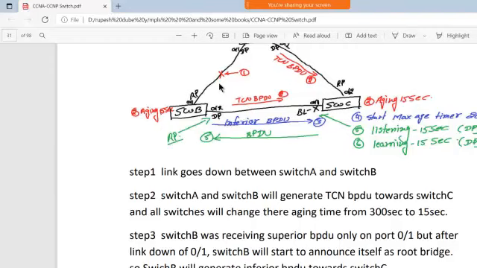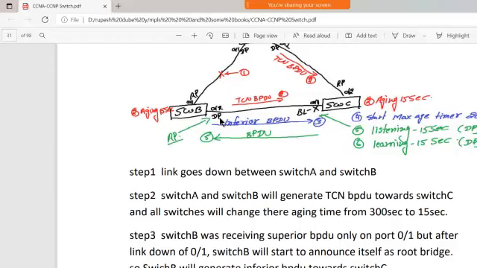Now switch B will start to announce itself as the root bridge, because it finds that it does not have any root port, only a designated port. It is like saying, now I am Thanos, I have to kill all the superheroes, right? Because it finds that it has a designated port, it starts announcing itself as the root bridge, right?